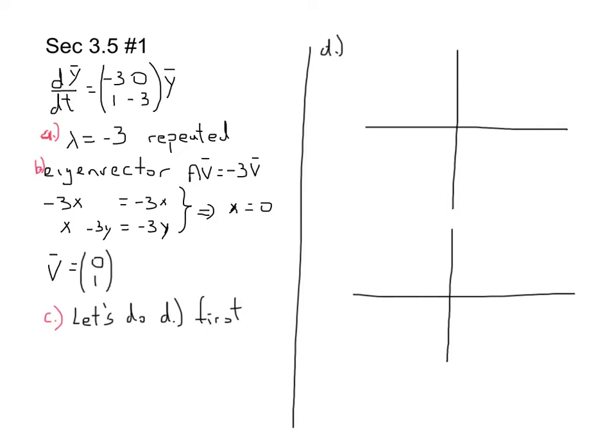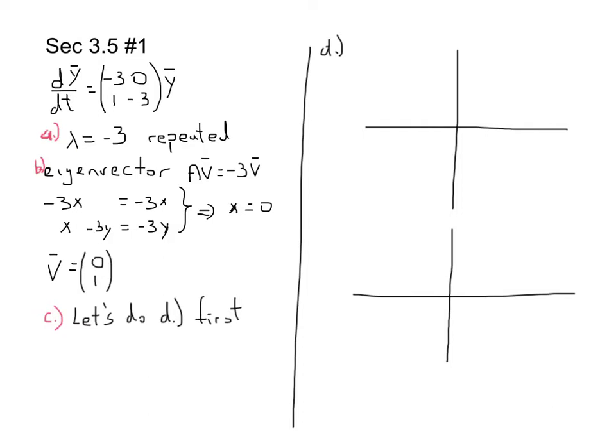This is section 3.5, number 1, a case of repeated eigenvalues. I'm not going to solve for the eigenvalues. I think we're all comfortable with that, but if you set up the characteristic polynomial, you should find that lambda is equal to -3. The formula for the eigenvector is, as we always do, whether it's a real number or